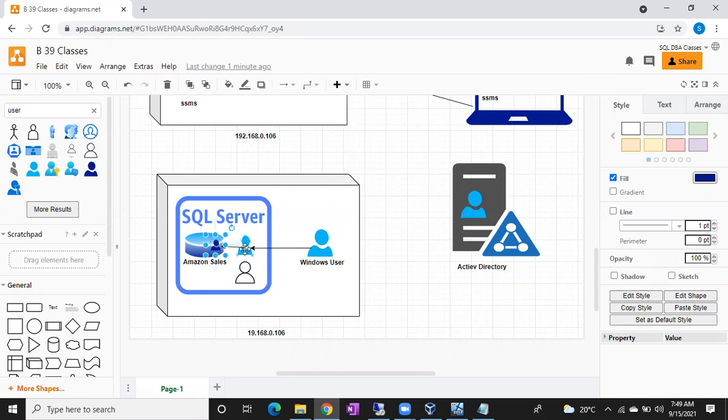So on behalf of this Windows login, this Srinath user is going to help the Srinath login. Clear guys? A login cannot enter into the database directly. On behalf of logins, a user will be created once you give access to the database for that particular user.